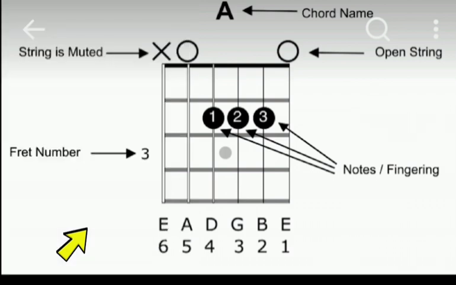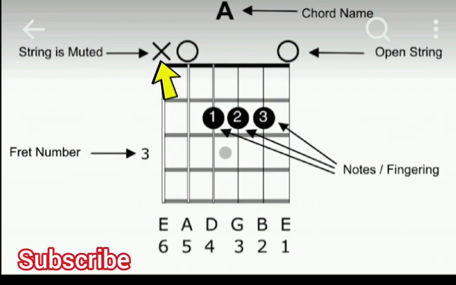We want to look at the concept of strings, and you will see that we have some vertical lines. These vertical lines simply represent the strings of the guitar. And we have 6 strings here. Now you will see on top of these strings that we have open strings, and then strings that are muted. There are 2 signs basically. We have the X sign and we have the 0 sign, 0 or O sign.